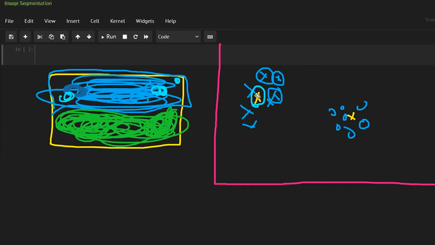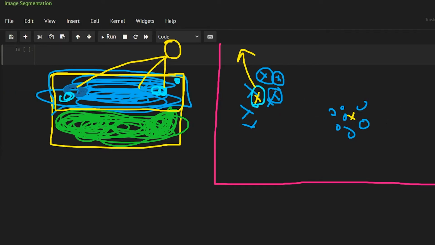How can we get that? Basically what we are doing here is taking the average of all of these colors and getting the center. So this center is nothing but the average color of all of these points. I hope you are getting my point, but if you don't know what I am doing here, you should go and watch my k-means series, in which I have explained how to find the center and everything.